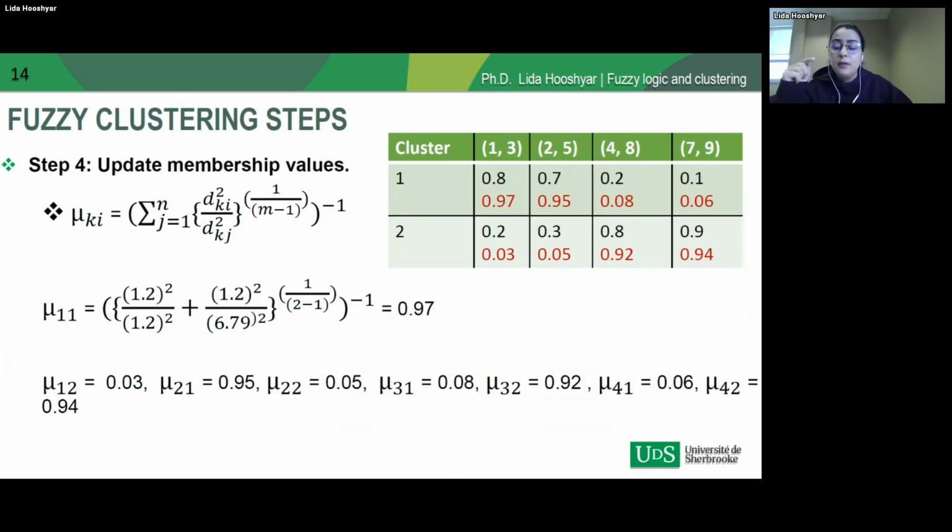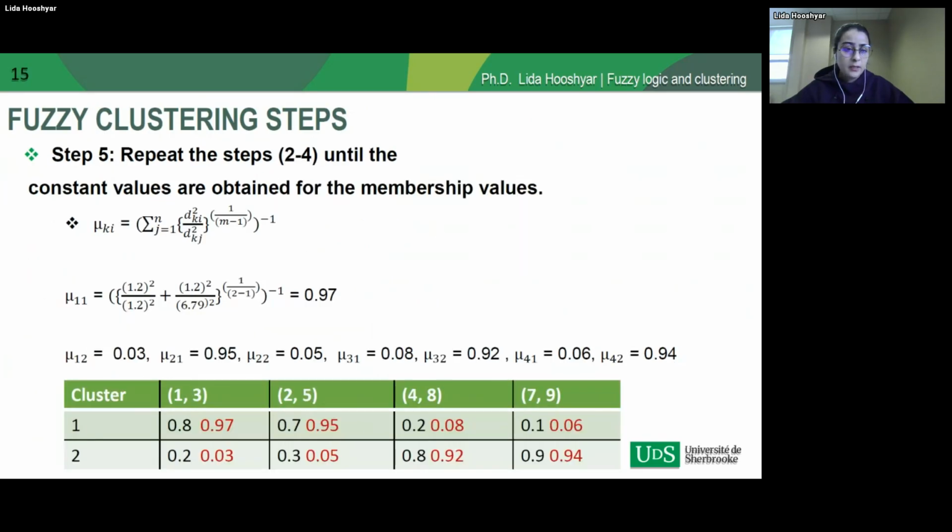For example, for points 1 and 3, the previous membership degree was 0.8, but after the updating, it increased to 97%. I have computed the membership degrees for all of the elements, shown here on the slides, and the last stage is repeating steps 2, 3, and 4 until constant values are obtained